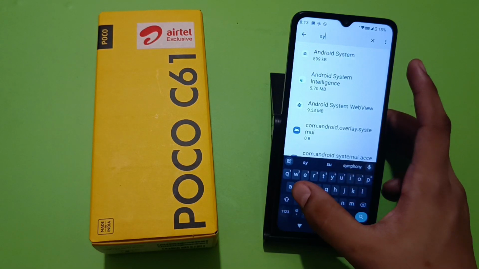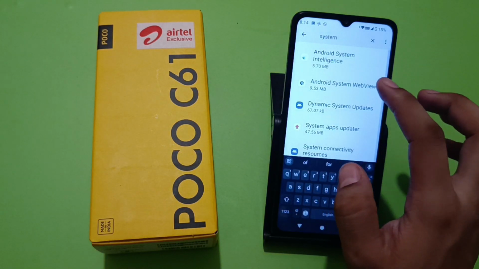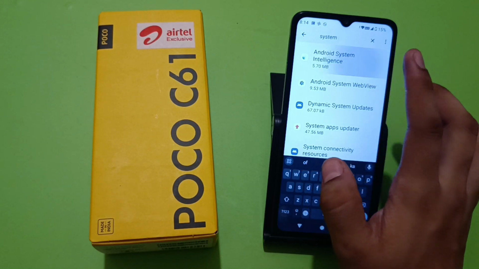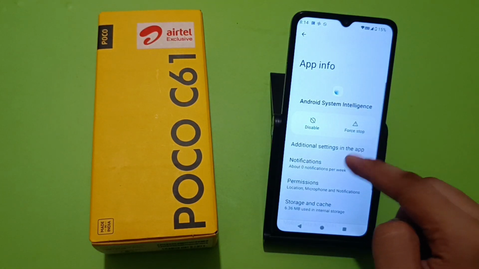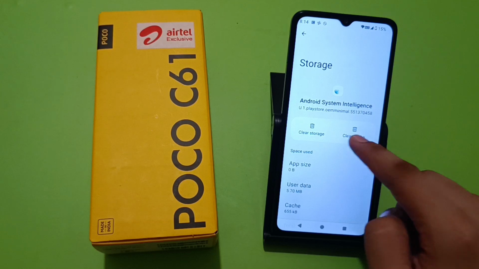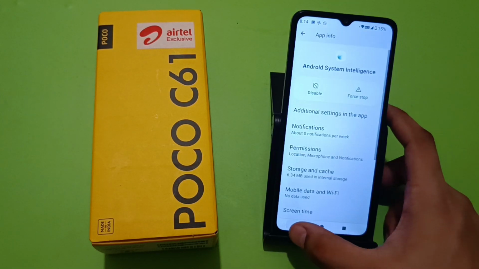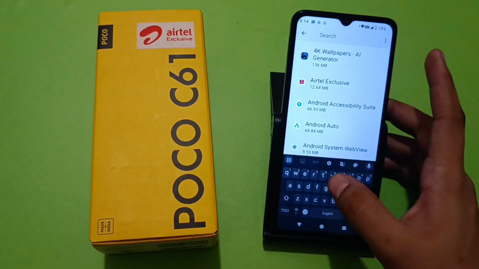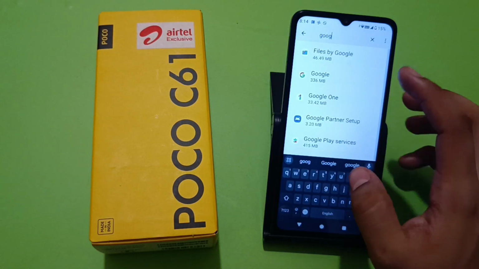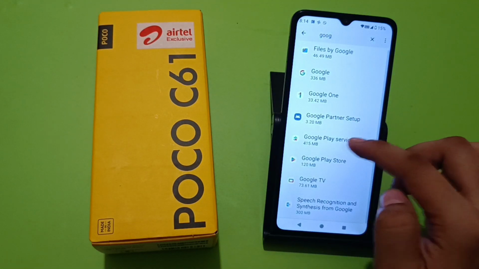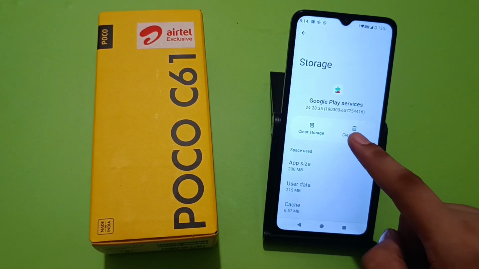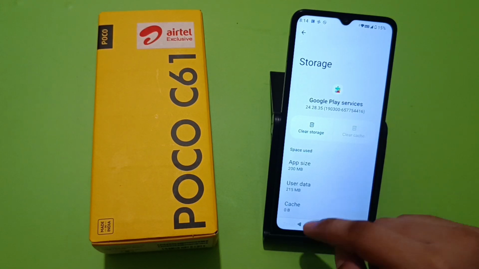Here you have to again write system and click on Android system intelligence, and you have to clear the cache first. Then press back again. You have to write here Google like this, and here it is the Google Play services. You have to clear the cache for better performance of your Google, and then